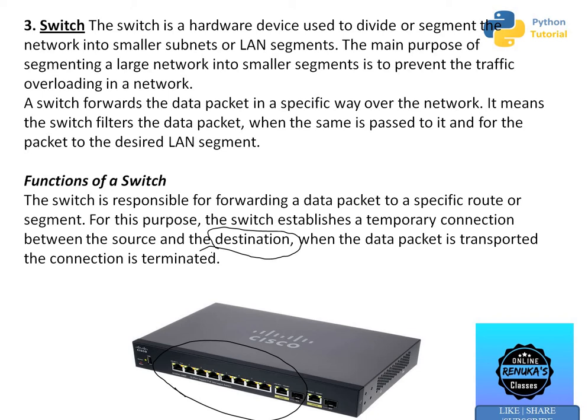But that is broadcasting of data, what actually a hub does. So a hub simply broadcasts the data which you want to transmit to each and every device. Then each and every node checks whether that data is for that particular node. If it is for that particular node, then it accepts it. Otherwise it rejects it and the data moves to another node. So that is the task of a hub. Basically it broadcasts the signals transmitted by a sender to all the receivers. So the required receiver will receive it, others will not receive that packet.